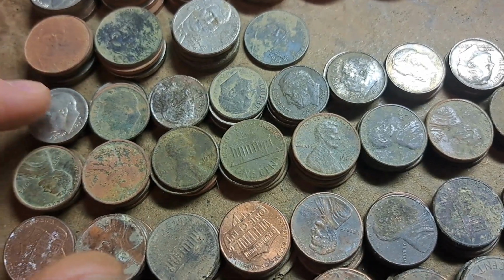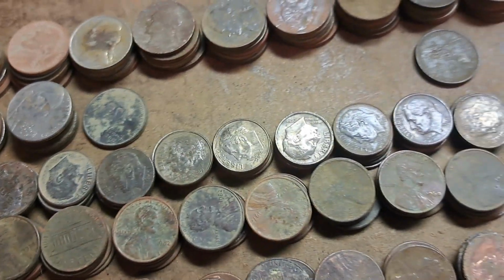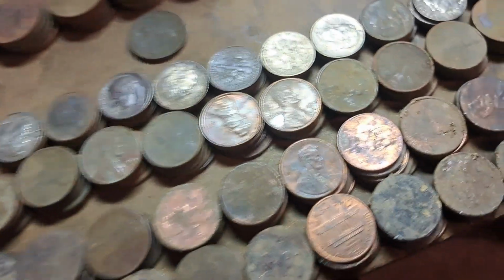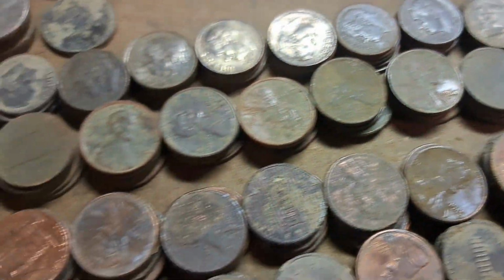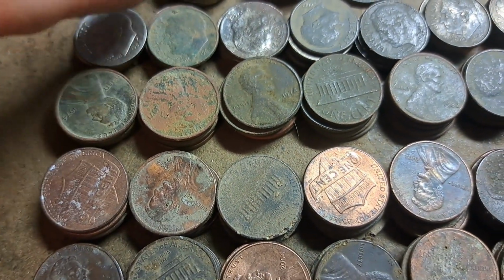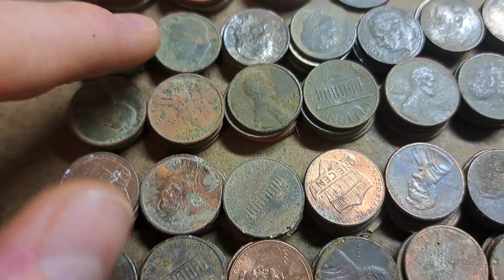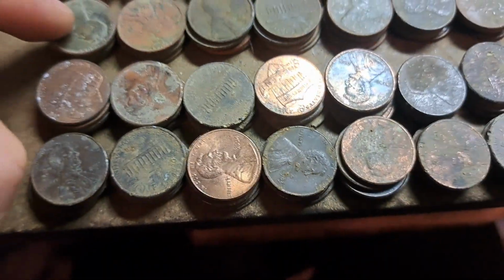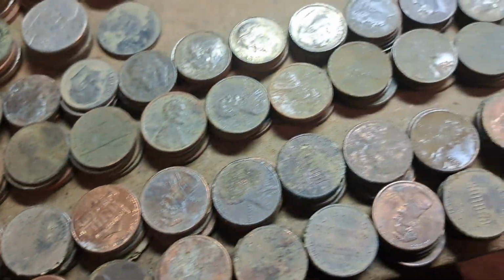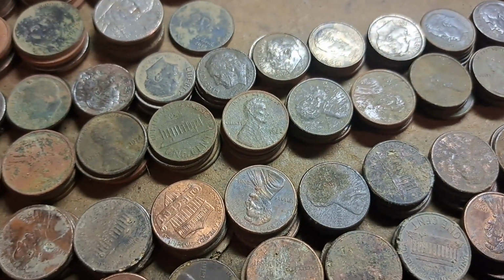These are all clad from 65 all the way up until I think I did find a couple 2025s this year. Of course, they're going to be nice and shiny, but most of them are pretty rough. There's a 67. I remember finding that one. It was really crusty. It's very much green. It's almost like one of the older Wheaties. We found $1.01 in copper memorials this year, all the way from, I think I did,